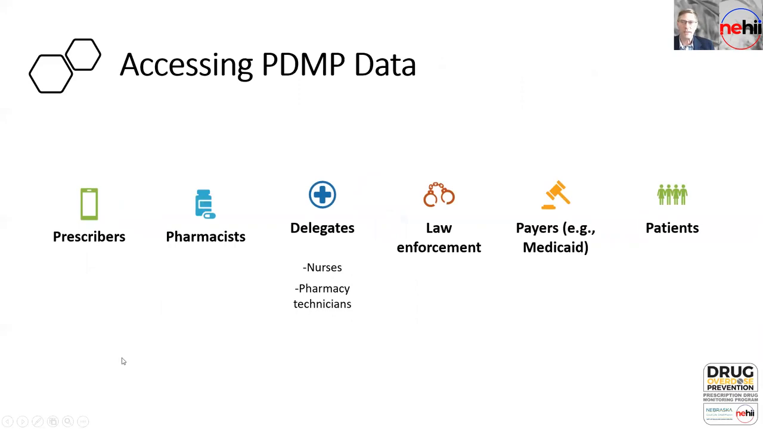Who can access the PDMP? Well, typically, as I mentioned before, prescribers, and that is typically physicians, nurse practitioners, and physician assistants. It may be some other classes depending on that state. Pharmacists are able to access the PDMP in almost every state. Delegates is also a category that I had mentioned. A delegate is someone who is authorized by a prescriber or a pharmacist to access the PDMP. These are most commonly nurses or pharmacy technicians. And that allows the pharmacy technicians to assist the pharmacist to give them more time to focus on the clinical